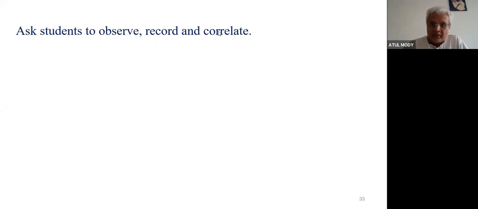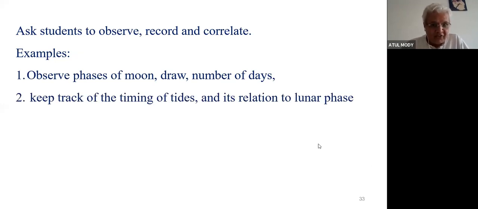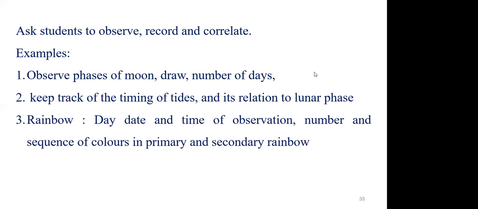These are examples actually. At a school level, even elementary school level, you can ask students to do very simple things. You ask them to observe phases of the moon and draw them. You ask them to write the number of days with the number of phases. You can ask them to keep track of the timing of tides. Now you say, look, I'm in Delhi and we don't have any mechanism of observing tides, but some newspapers do give the timing of the tides. And then if they write it down and correlate with lunar phase, there would be